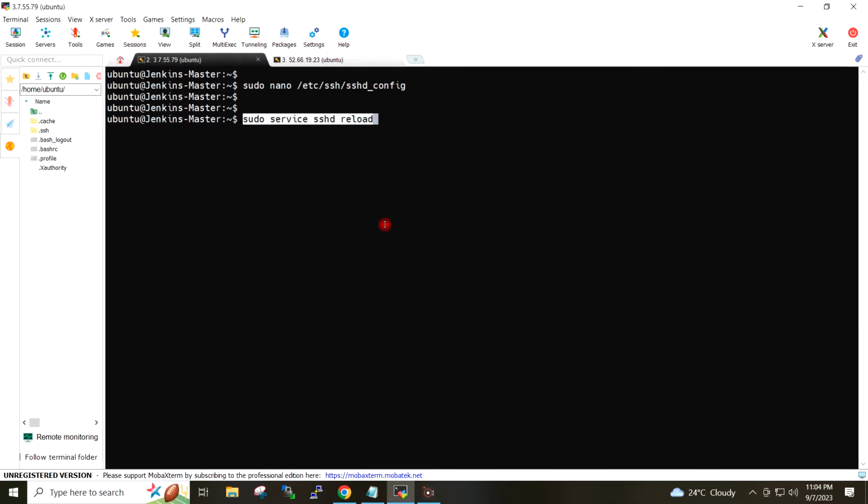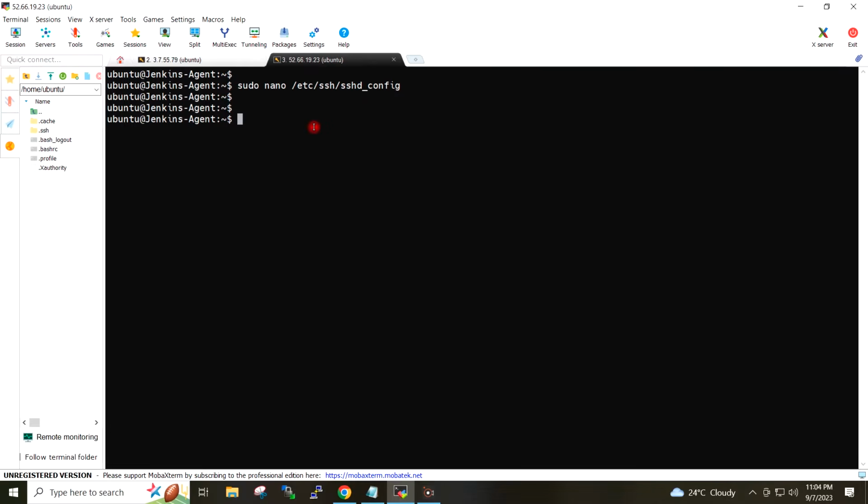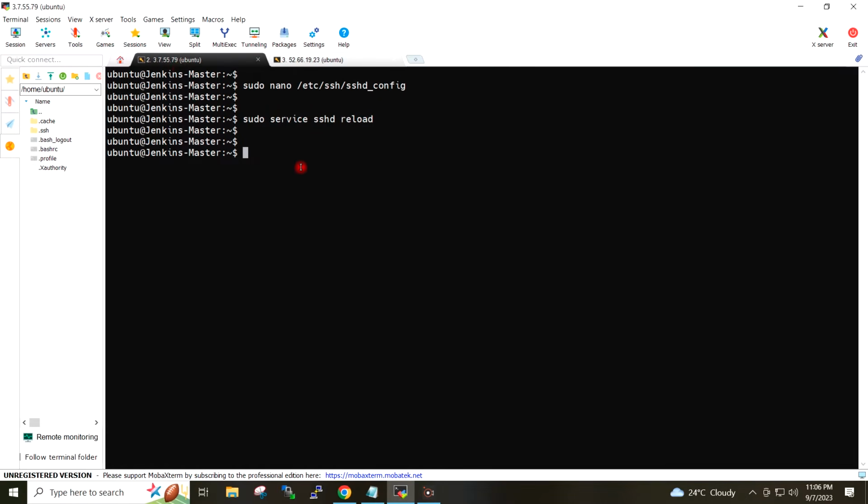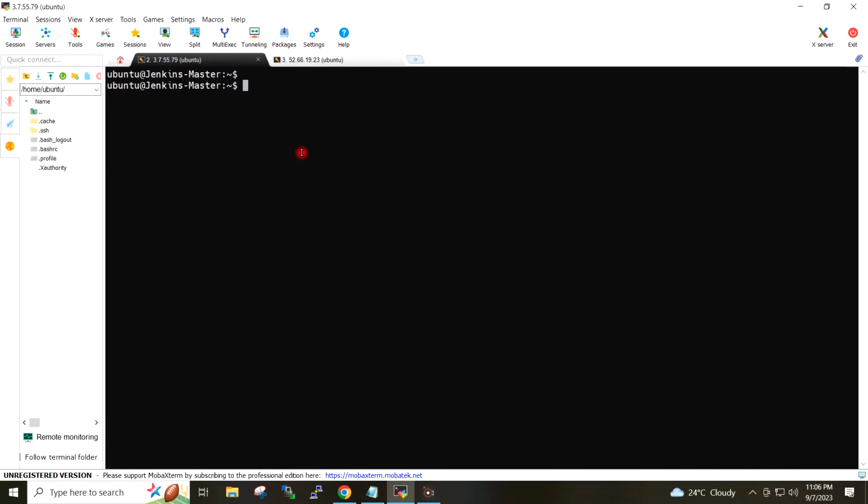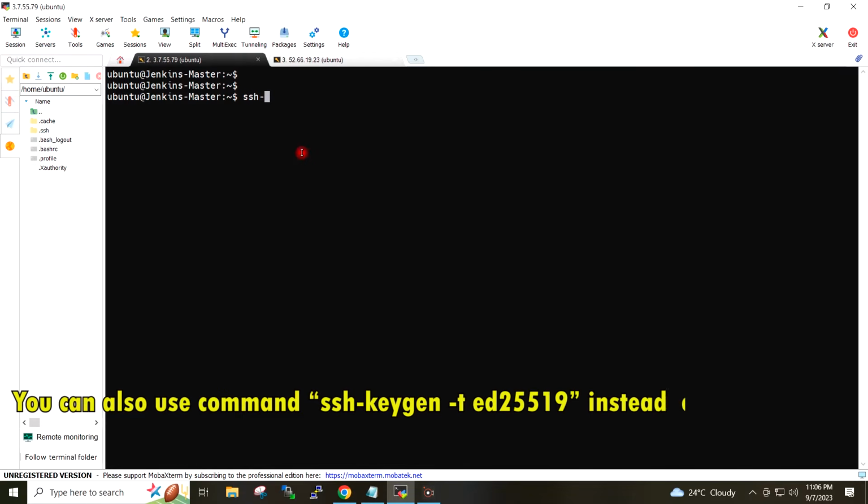I will reload the SSH service. On the agent also I will reload the SSH service. I will now go to the Jenkins master node and here I will generate the SSH key with this command, ssh-keygen.